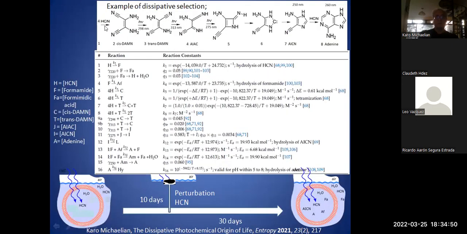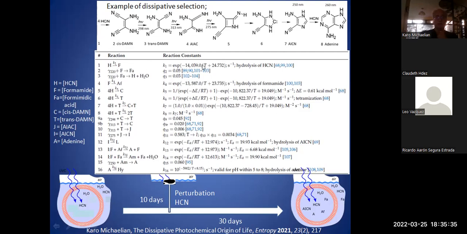So to give an example, this is the example of dissipative selection of adenine, going back to this chemical and photochemical reaction system. So here we have 7 different reactions occurring, but there are in fact many more reactions because we have to take into account those reactions which are also competing with these reactions. And so, in fact, we have about 16 reactions or 4 chemical reactions which are important for the system. So we programmed them all. So this is, for example, hydrogen cyanide going to formamide, which is hydrolysis. This is one of the reactions which is not included here, but it's a competition for hydrogen cyanide. So we have to include it.